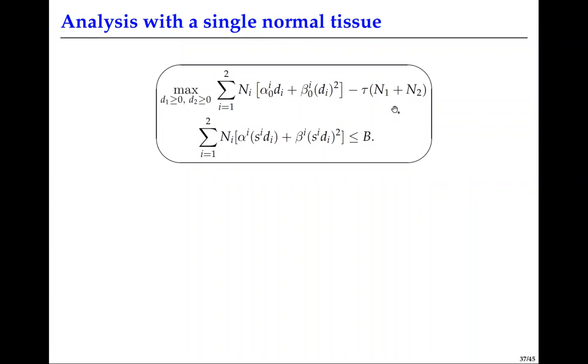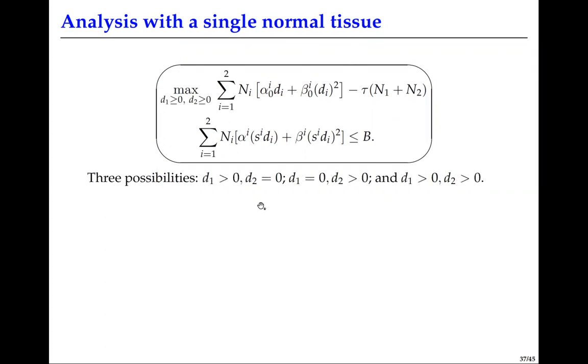So let's first look at the single normal tissue case and look at the analysis quickly. And then it can be extended to the multiple normal tissue case as well. Since N1 and N2 are fixed, the problem can be written simply as this. I've dropped the subscript M from here because there is only a single normal tissue in this particular case and two modalities. Okay, there are three possibilities. D1 could be positive, D2 0, meaning I am using some positive dose with the first modality, or D1 0, D2 positive, meaning I am using some positive dose with the second modality and nothing from the first modality,